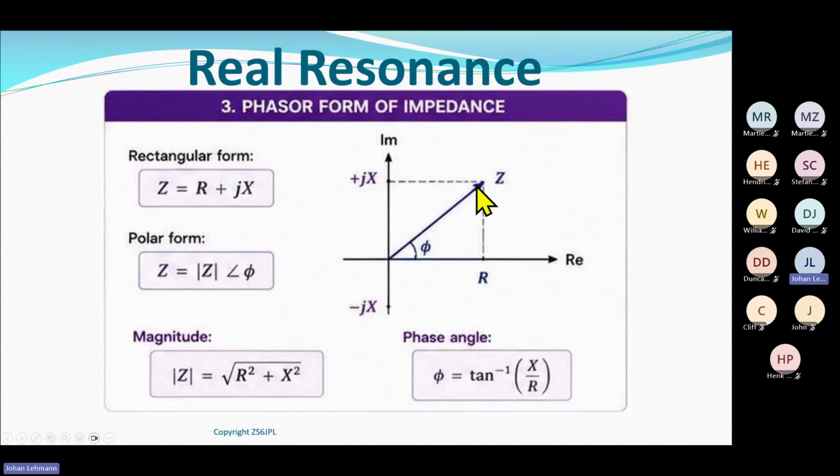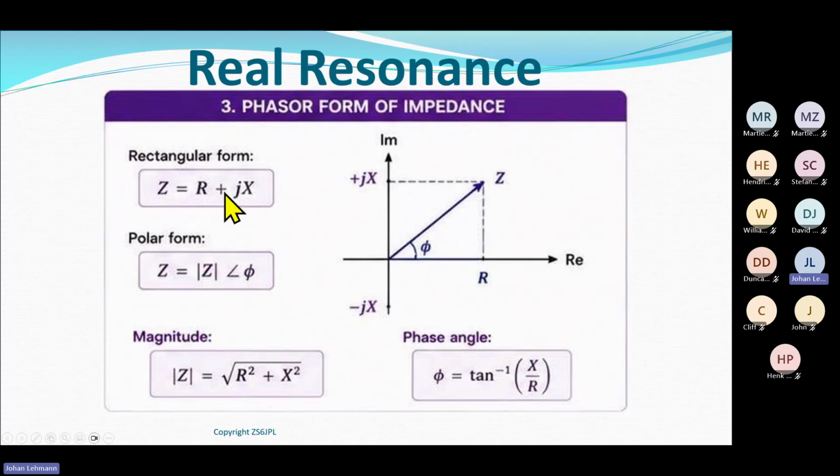It means that the reactance is inductive. If this line was below, it would have been a capacitive reactive circuit. Now at resonance, this line Z will sit on the same axis as R. So in other words, plus X and minus X are equal to each other, so the resultant value is 0. So the only thing that's left is the resistive component. So R equals Z when we've reached resonance.